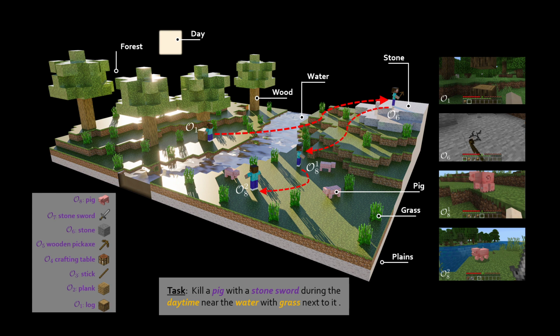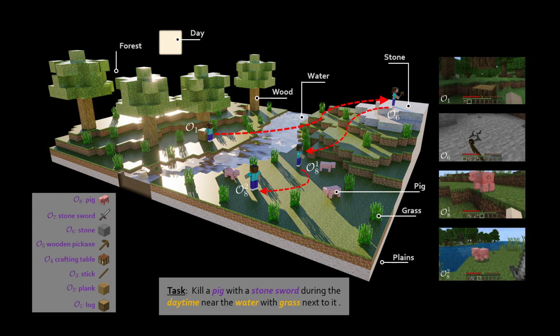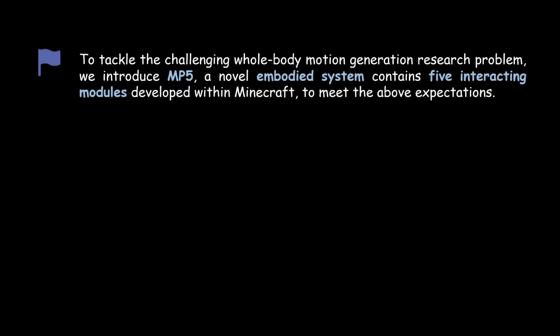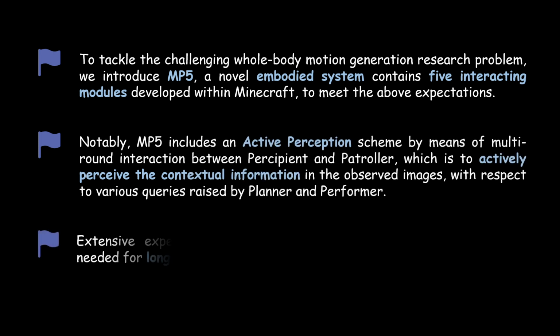During this process, the agent should also be aware of some items in the environment using the ego view visual observation of the agent, for example, park, grass, day, and etc. This exemplar process tells that such long-horizon open-world embodied tasks in Minecraft should be solved both in the process-dependent and context-dependent way. To tackle the challenging open-world embodied tasks in Minecraft in the process-dependent and context-dependent way, we introduce MP5,